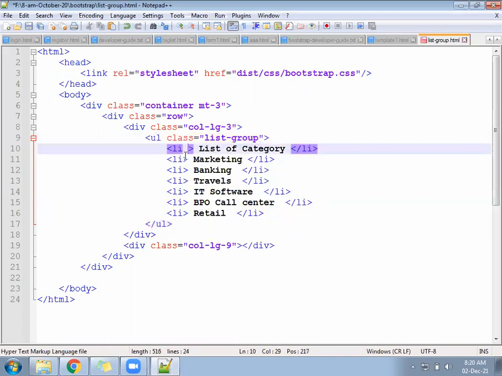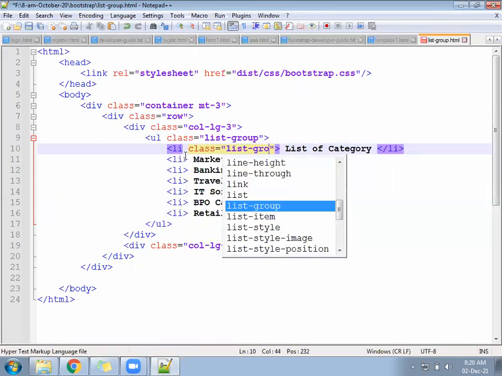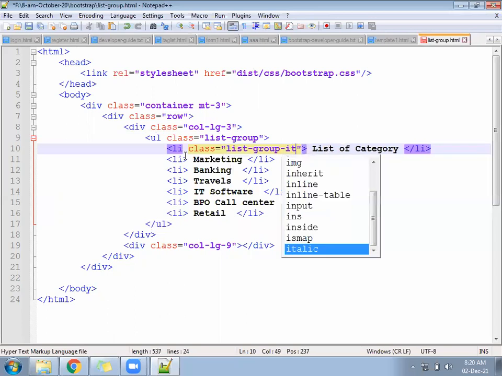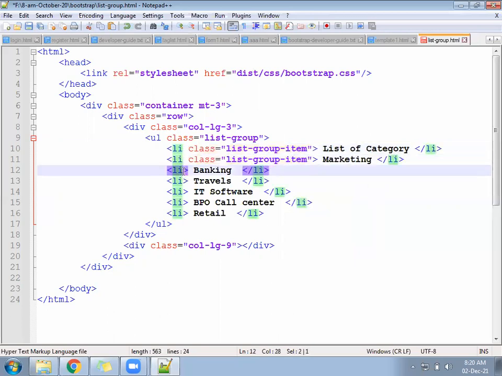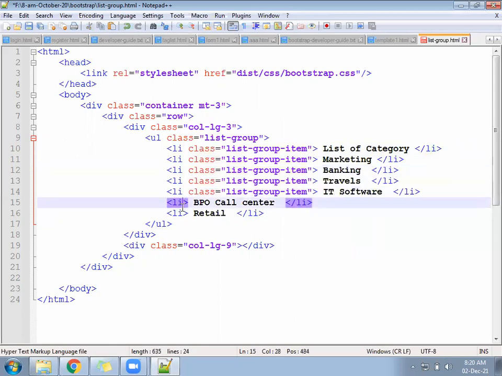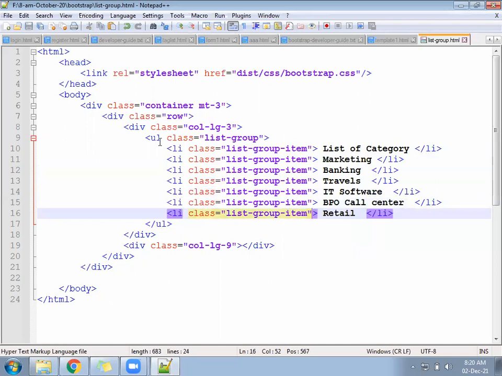For LI, we will apply class equal to list-group-item. This you will write for all the LI, since all the LI look similar.